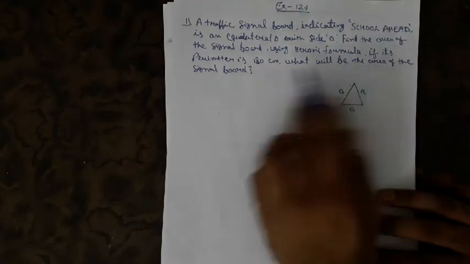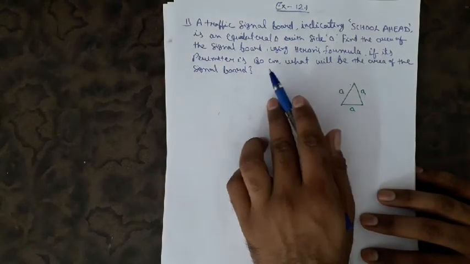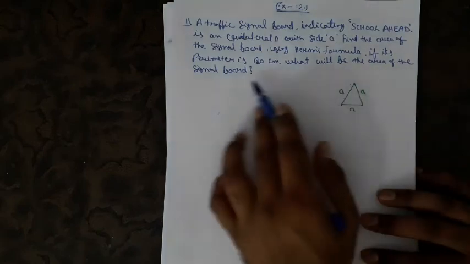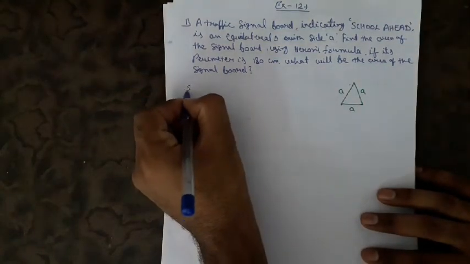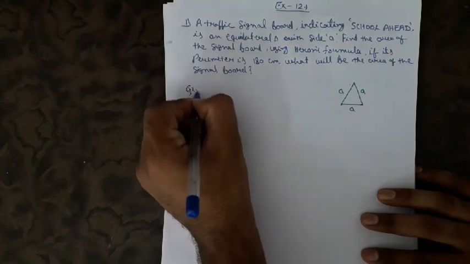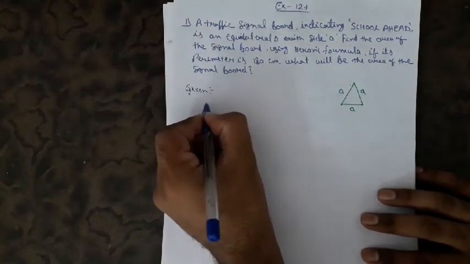By using Heron's formula, if its perimeter is 180 centimeter, what is given? Its perimeter. What will be the area of the signal board? We have to find the area of the signal board. First, whatever we have given, we'll write it. What is given? First,